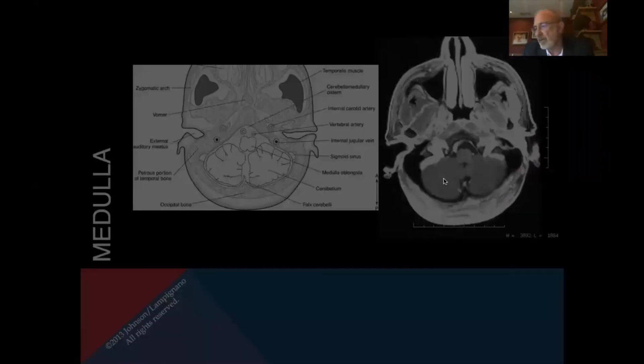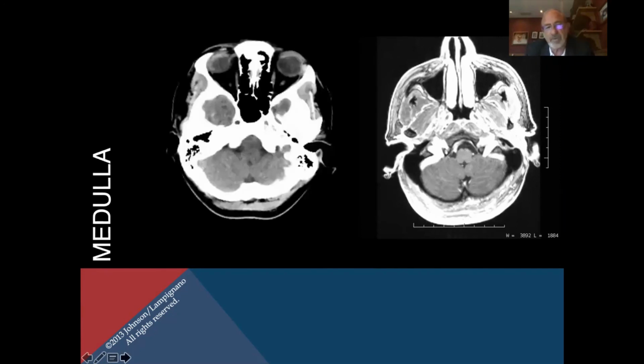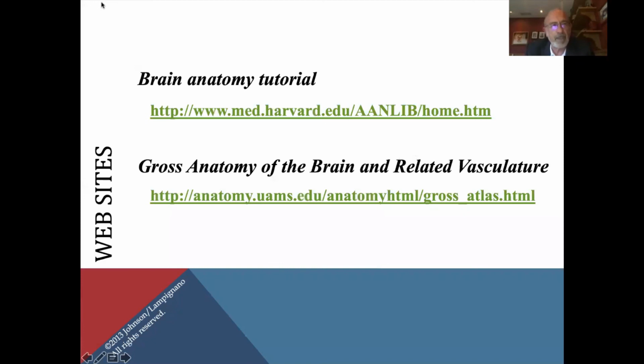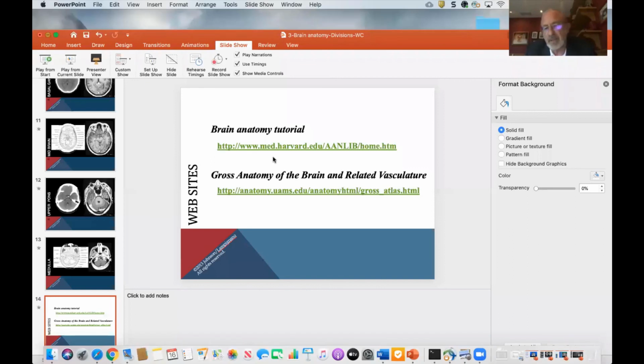Over here is the lower portion of the brain. Here's the posterior or hindbrain. This would be the cerebellar hemispheres. The medulla is going to be seen right over here, and then we're going to work our way down into different portions from that standpoint. So that kind of gives you an idea of what divisions we're going to look at and how we're going to approach it. Let me begin